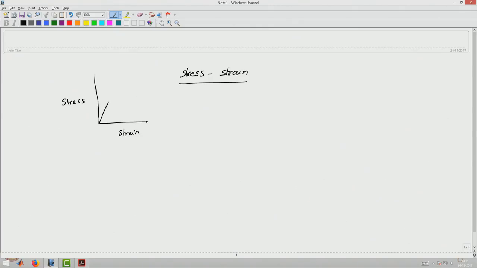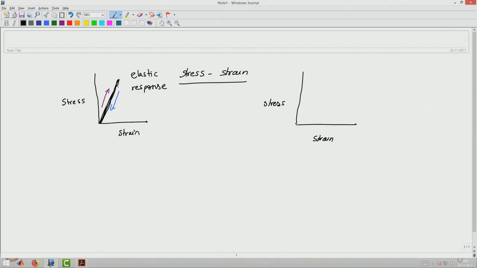we know that at small strains we will have an elastic deformation in the material, where stress is proportional to strain. Also, quite importantly, if I increase the stress and then decrease the stress, I will trace the same path. So, no matter what, the stress is determined completely by strain and strain is determined completely by stress, and so this is elasticity. But when we take the material to higher strains,